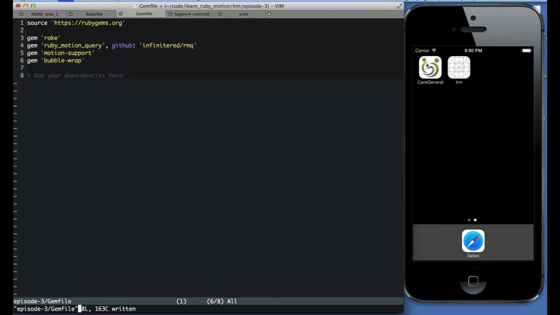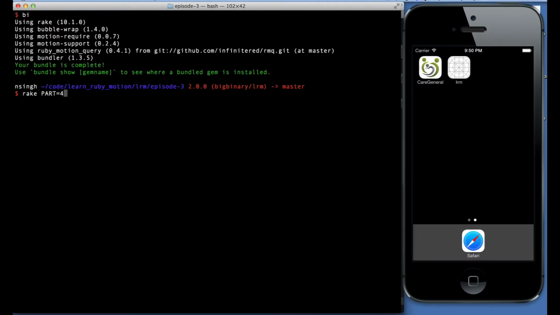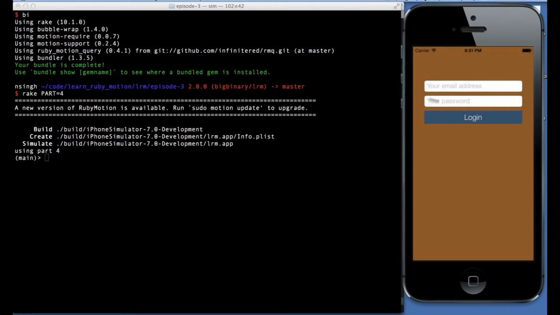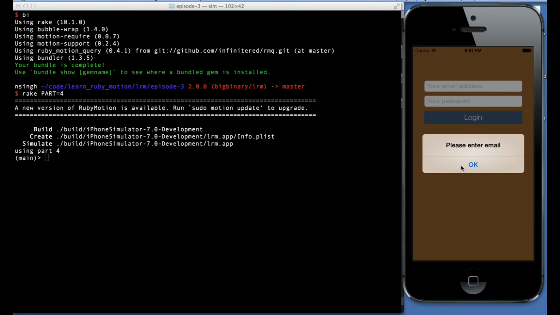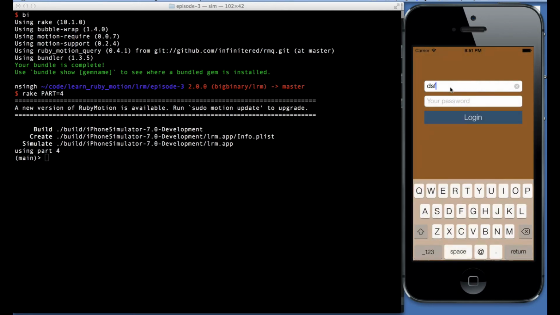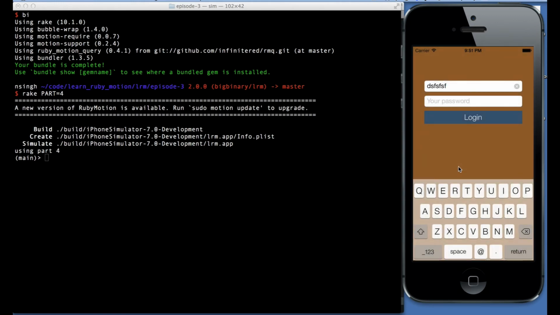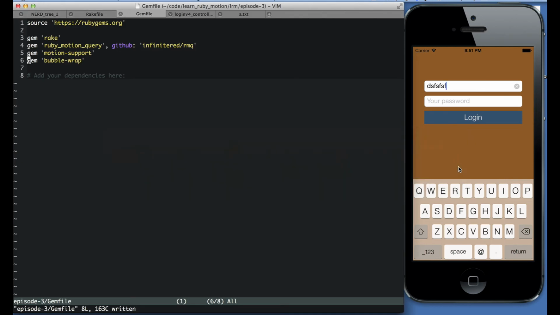Bubble wrap provides a lot of utility methods. Some of them we would be using in next episode, but for now let's do bundle install, and then rake part 4. And now if I hit login, I get please enter email. If I fill in something in email, and if I hit login, then I get the message please enter password. So that's it for this episode. The main focus of this episode was to show the introduction